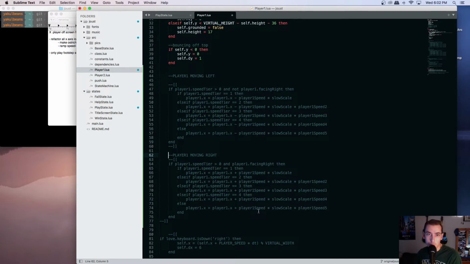So if it's in a speed tier, that means the direction it was facing was pressed, that means it should start walking. So as long as speed tier is greater than 0 and it's facing left,